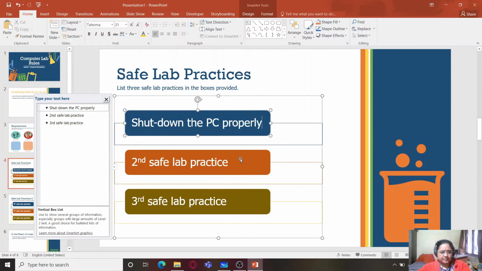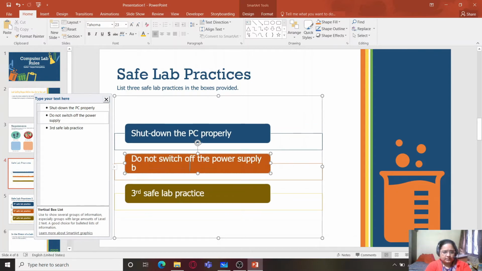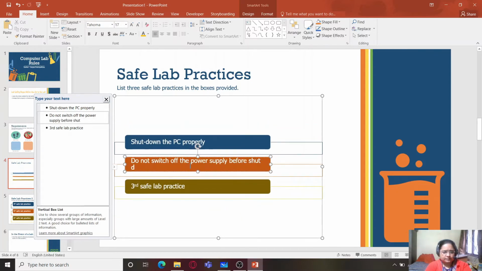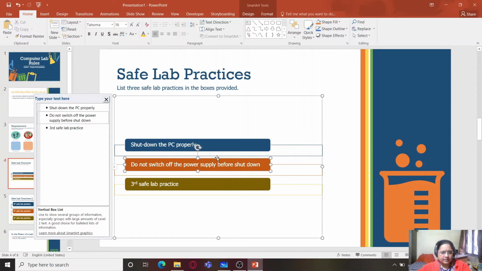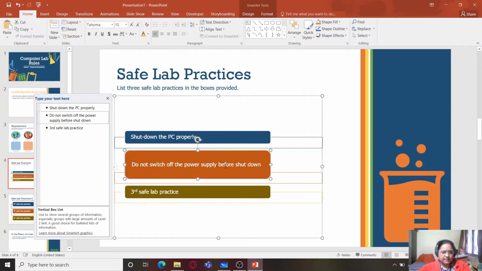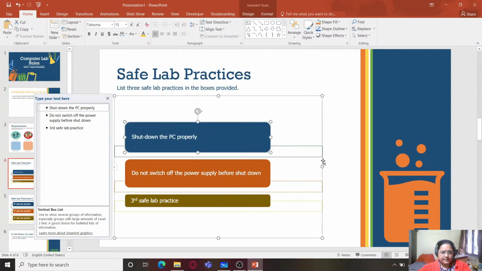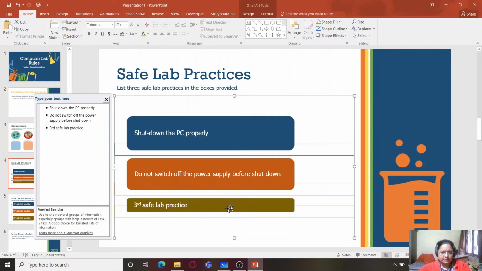Shut down the PC properly. Second one, do not switch off the power supply before shutdown. You can see that the text appears like this, so you can increase its size a little bit to accommodate the text, and you can also increase it on this side.